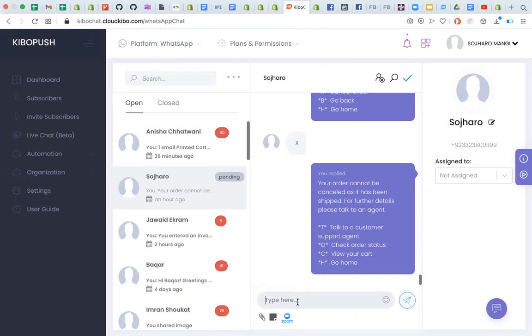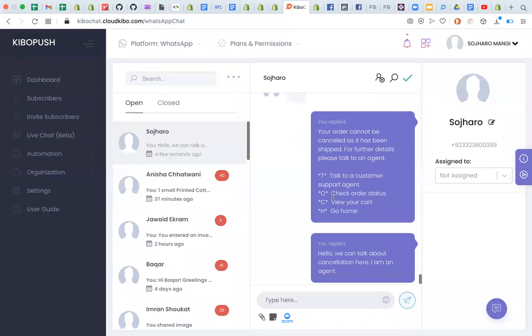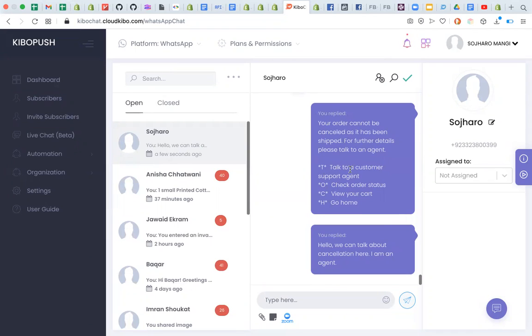For example, I'm the admin, and I'm saying hello, we can talk about cancellation here. I am an agent. You can see the previous message was your order cannot be cancelled, and any agent will talk to you soon.